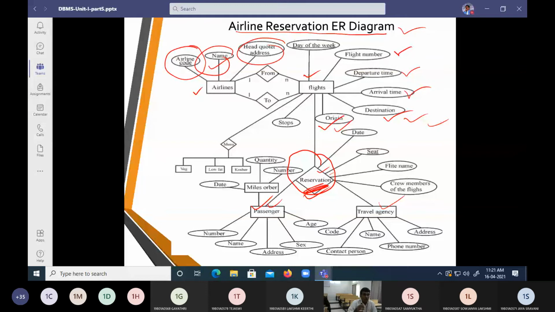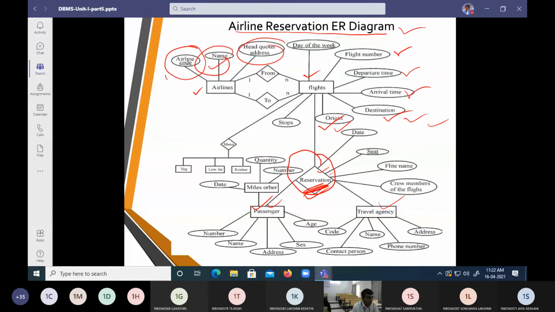Similarly, headquarters, the address of the airline. The company who has made that flight, assume I'm going to call it SpiceJet. So SpiceJet is the name of an airline. Assume its office is in Bangalore, so we are going to call that address the Bangalore address.